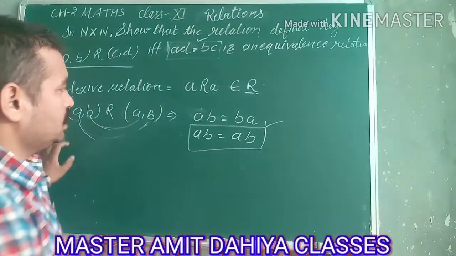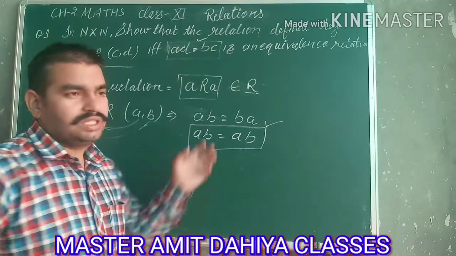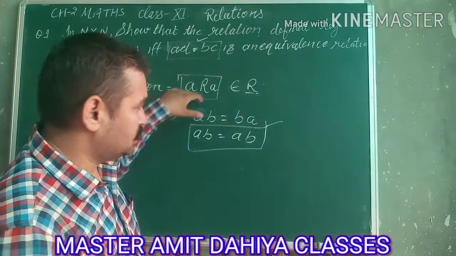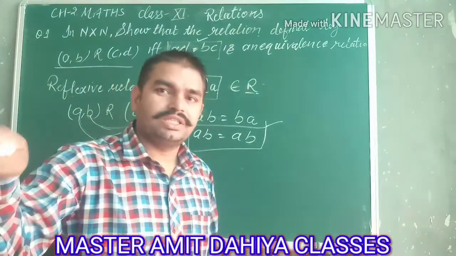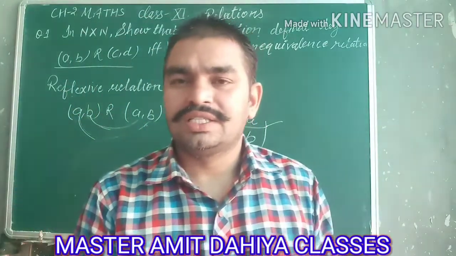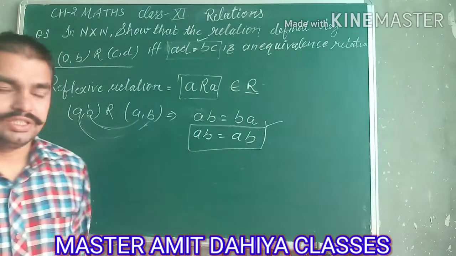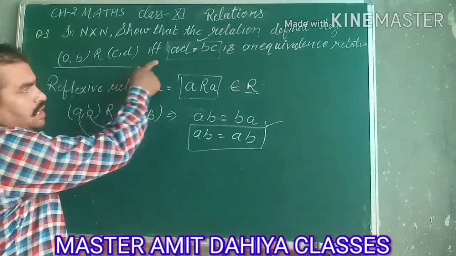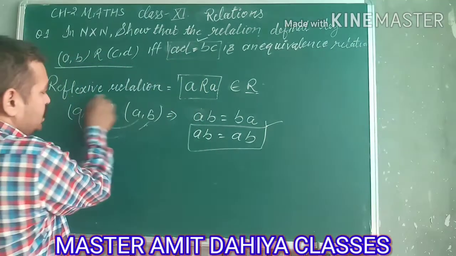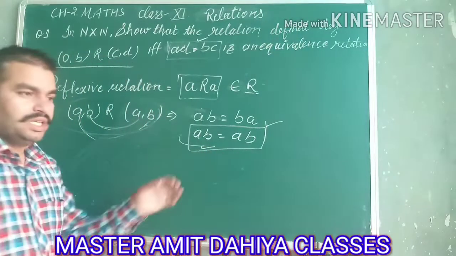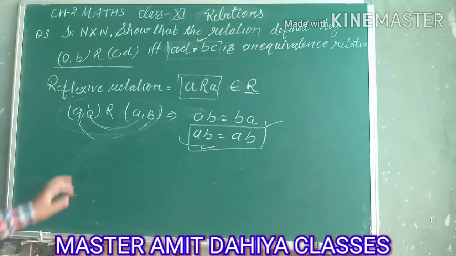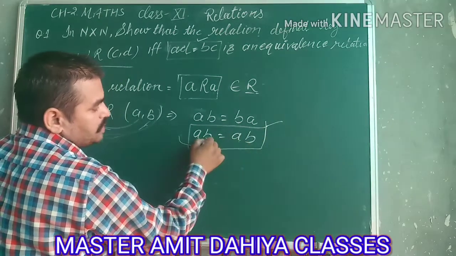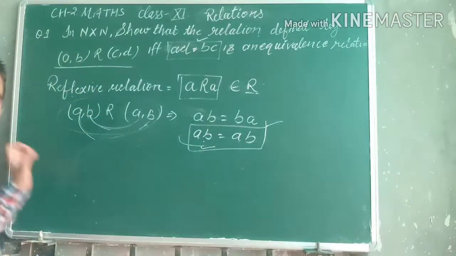मैंने कहा कि अगर ये कंडीशन सेटिस्फाई हो जाती है तो गिवन रिलेशन को हम रिफ्लेक्सिव रिलेशन कह सकते हैं. अगर सेट ए का रिलेशन सेट ए के साथ बिलोंग्स टू द रिलेशन या गिवन कंडीशन ऑफ द रिलेशन सेटिस्फाई कर जाता है, then we can say that it is a reflexive relation. Now the condition is that (a, b) R (c, d) is AD is equal to BC. अगर हम मान के चलते हैं कि ये कंडीशन सेटिस्फाई हो जाए, then it is a reflexive relation. Yes or no? So we proved that left hand side is equal to right hand side, then it is reflexive.